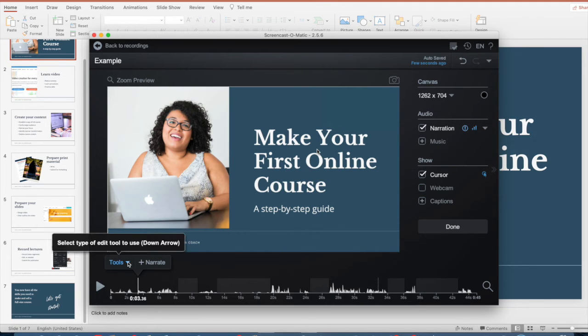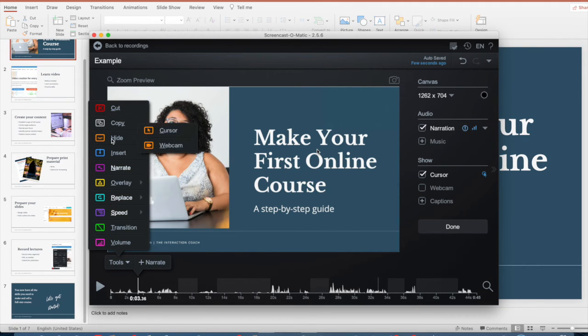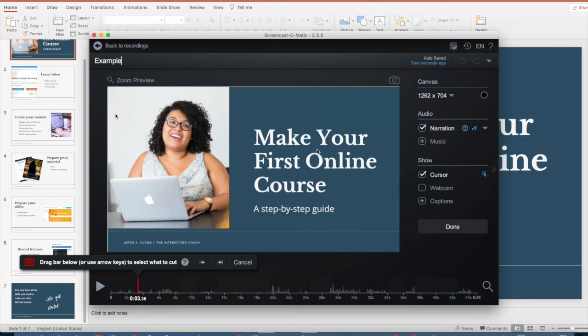I'll show you where to find the editing tools. Basically, the main thing you'd probably want to use is the cut feature. So you turn that on, drag the bar or use the arrow key to select what you want to cut. So if I have this,